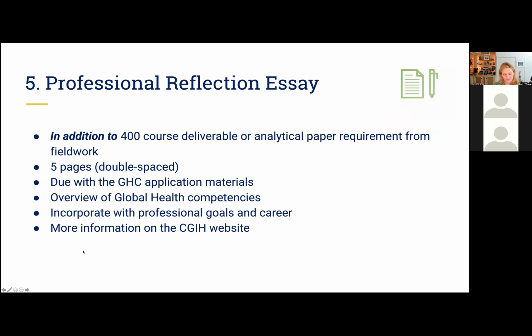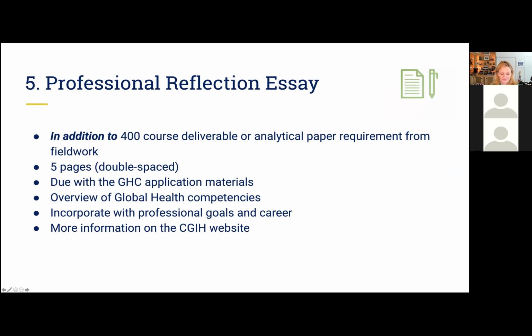Yes, I'll post the link in 1 second. I think we have instructions about the content of what the essay is supposed to cover on the website as well. So really the website is going to be a great resource to you all as you navigate each component of the requirements for the certificate. And I believe the 400 course already has an essay component to it, but this would be a separate one, and Cindy, correct me if I'm mistaken, I know we changed this around last year with COVID.